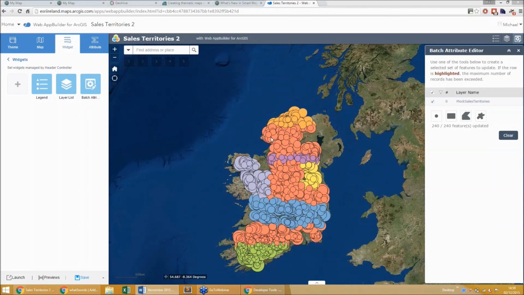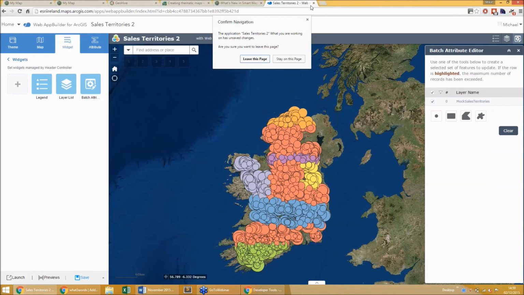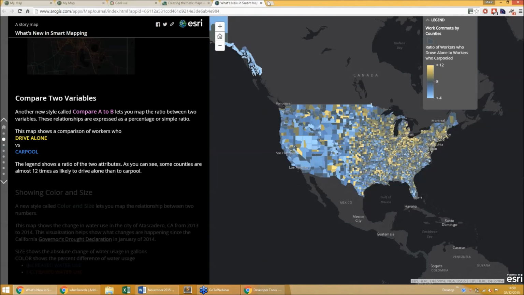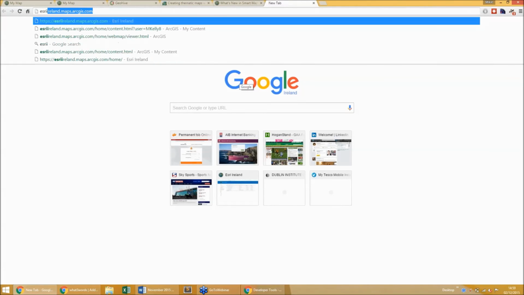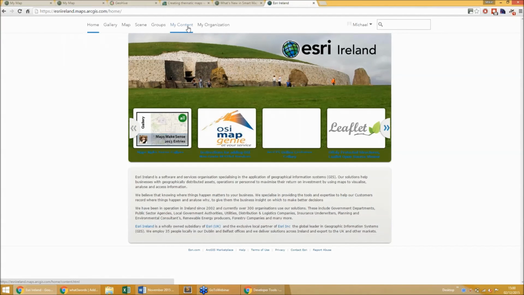Each of those points within the polygon that I put in, they've all been changed to rep A. Now just finally, I had a little bit more planned. I'm after running out of time a little bit. I was going to show how I created a scene, but it looks like I'm not going to get a chance to show that.